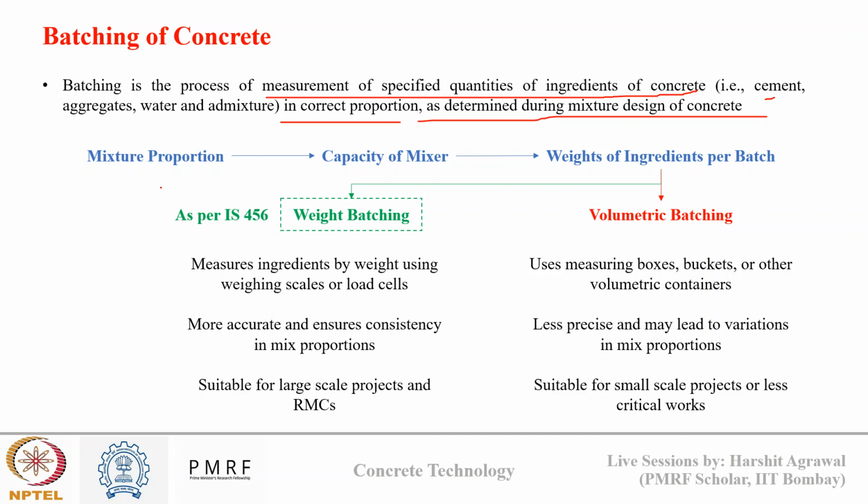However, in reality we may require more quantity of concrete, or the mixer in which I will mix all the ingredients may not be capable of mixing 1 meter cube of concrete at once. So we need to take all the ingredients as per batch capacity. Suppose my mixer has a capacity of 0.5 meter cube, and I have prepared a mixture design for 1 meter cube. So all the proportions that I have calculated, I need to divide by 2 so that I can feed them in my mixer at once and make concrete out of it.